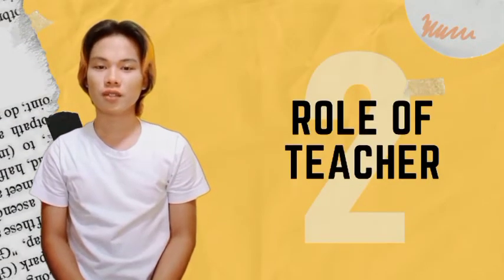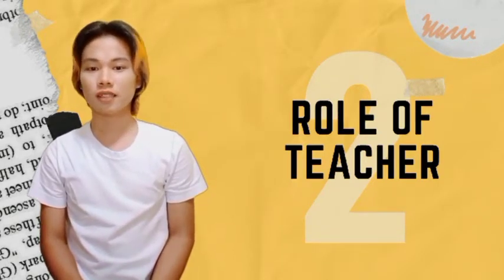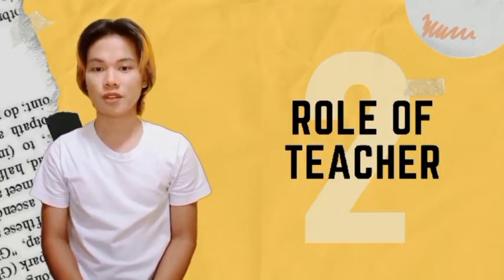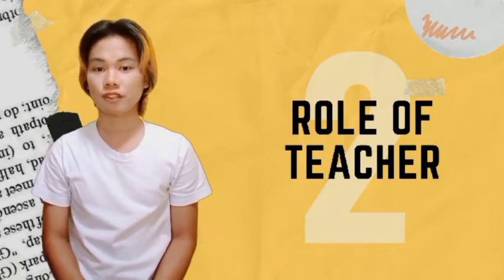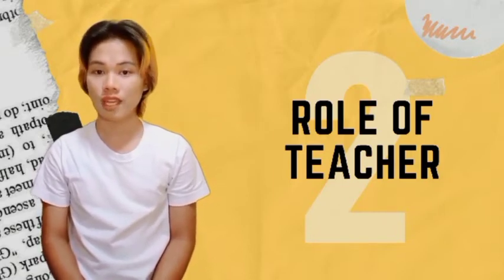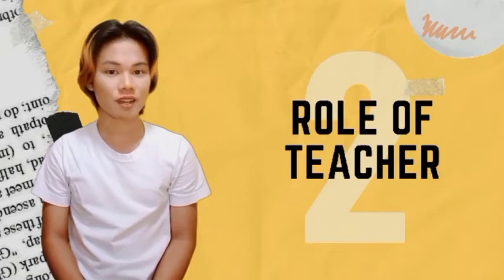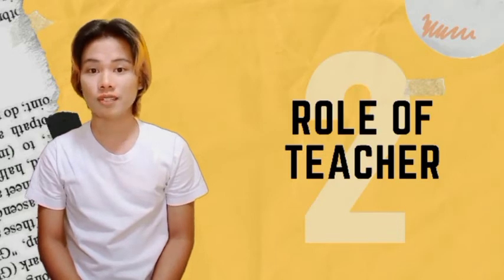The second change is the role of the teacher. Learner-centered teaching includes explicit skill instruction. Constructivism theory brings the role of the teacher as that of a facilitator of learning, not as a fountain of learning. Learner-centered teachers teach students how to think, solve problems, evaluate evidence, analyze arguments, generate hypotheses, all those learning skills